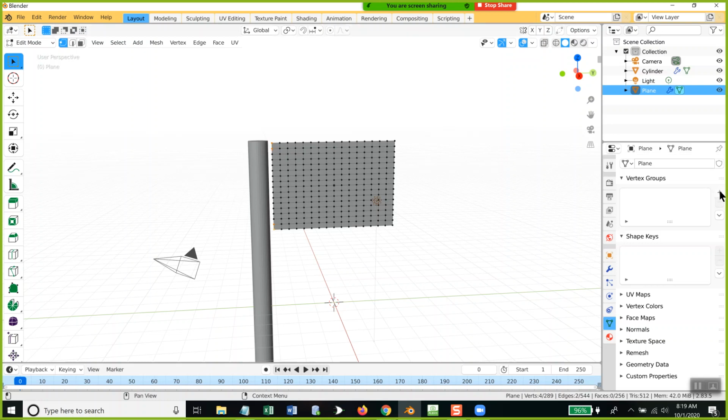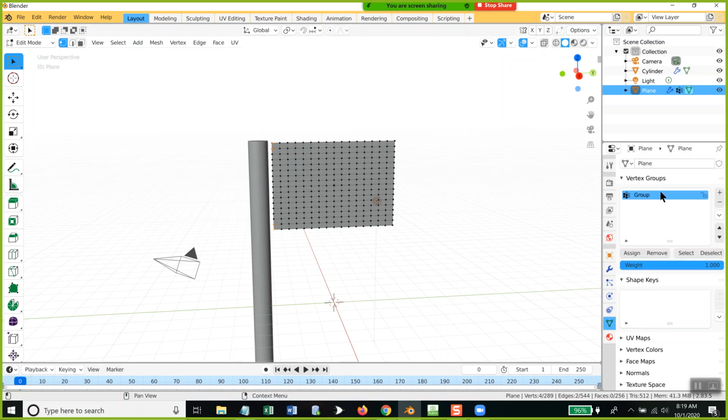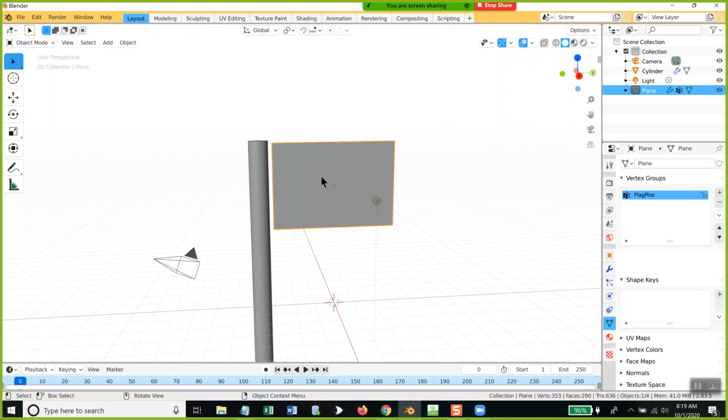Now I need to give this a name, so I'll click this plus over here, and I'll double click that, change it from group to flag pins. Give it some kind of name, and then I'll click assign, and this will assign whatever vertices I have selected to that vertex group. Okay. So now if I go back to object mode,